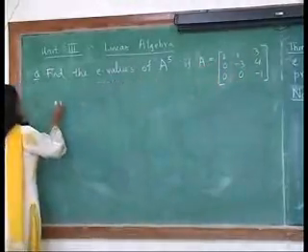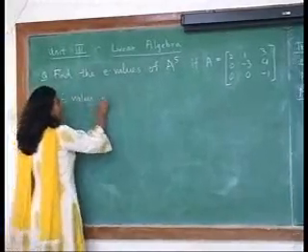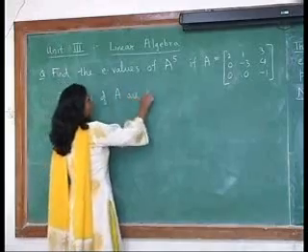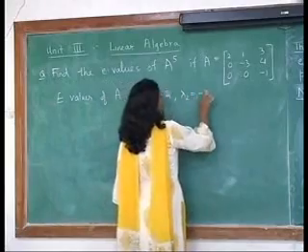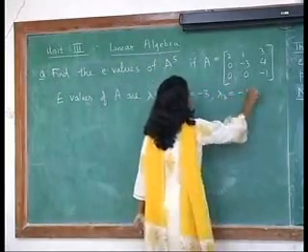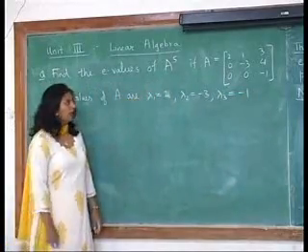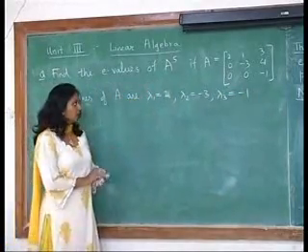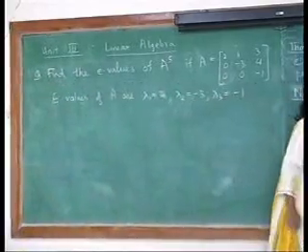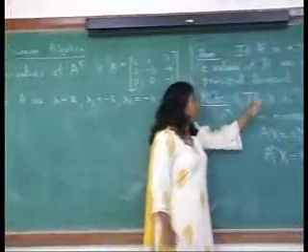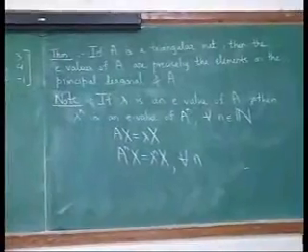So the three eigenvalues of A, if I call them lambda 1, lambda 2, lambda 3, are lambda 1 equal to 2, lambda 2 equal to minus 3, lambda 3 equal to minus 1. So eigenvalues of A are 2, minus 3, minus 1. And now make use of the note, the result which I did not prove, I only mentioned. That is, if lambda is an eigenvalue of A, then lambda raised to n is an eigenvalue of A raised to n. So if I want eigenvalues of A raised to 5,